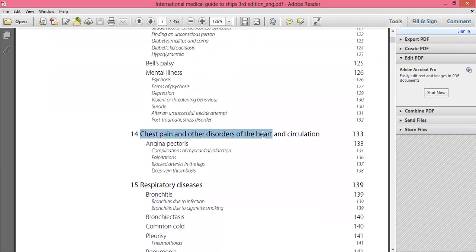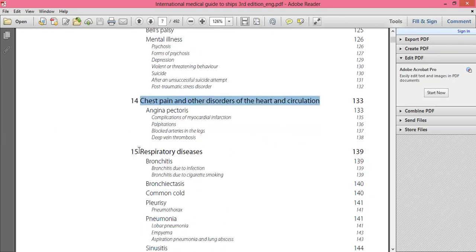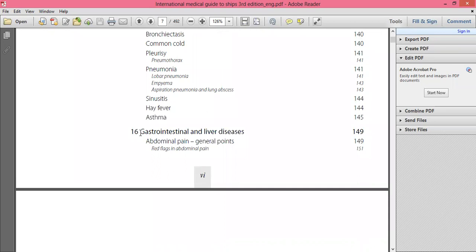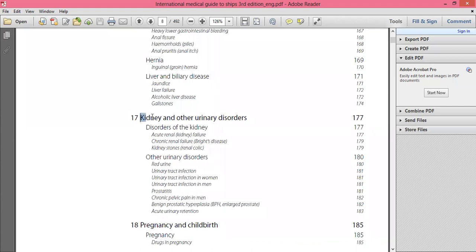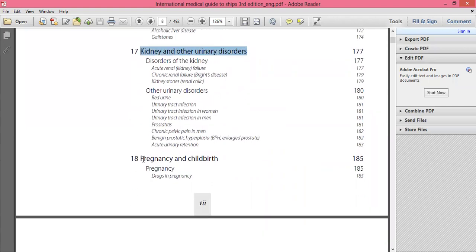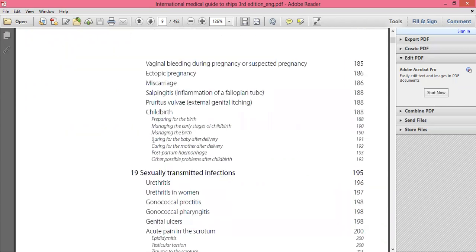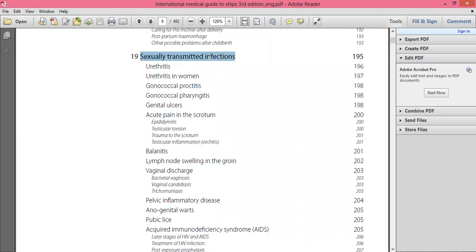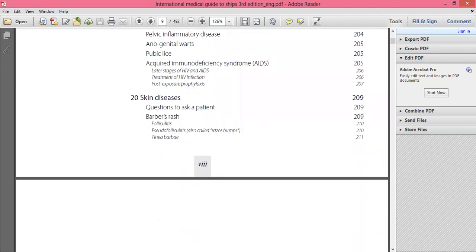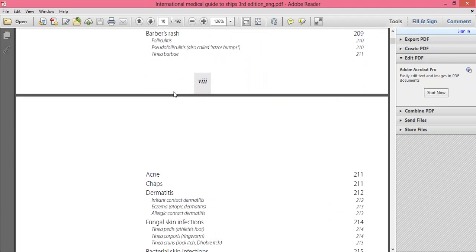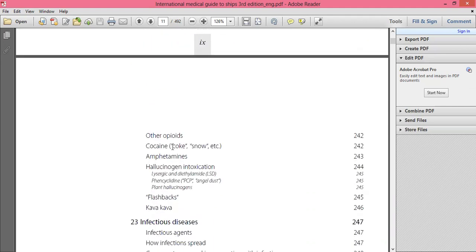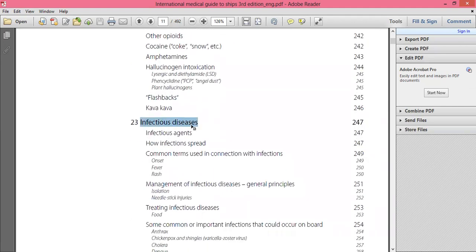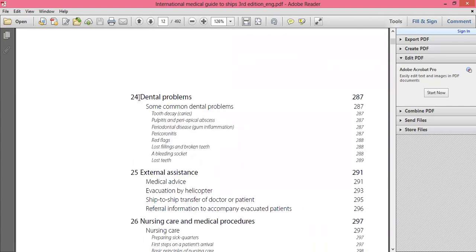chest pain and other disorders of the heart and circulation, respiratory diseases, gastrointestinal and liver diseases, kidney and urinary disorders, pregnancy and childbirth, STDs, sexually transmitted infections, skin diseases, bone, joint and muscle disorders, tobacco, alcohol and drug use, infectious diseases, dental problems,